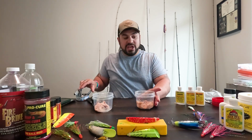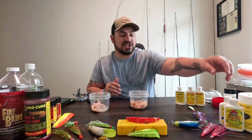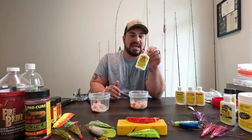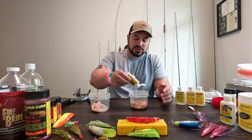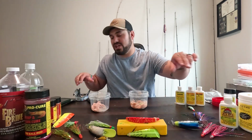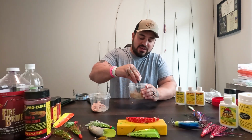Now, we are talking about spring Chinook, and this is definitely an optional option that you guys could utilize, but I like grabbing a little bit of the badass bait dye from Procure as well. Chartreuse is a springer killer, and so just adding a couple drips, just to color that tuna just a little bit. So when I have it in my KCP that I'm running down there at Drano Lake,